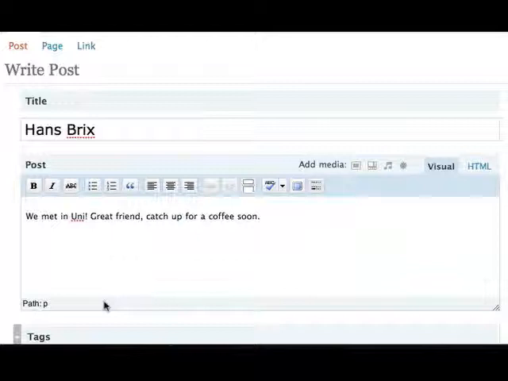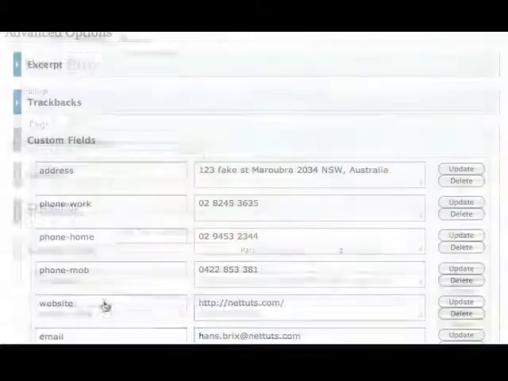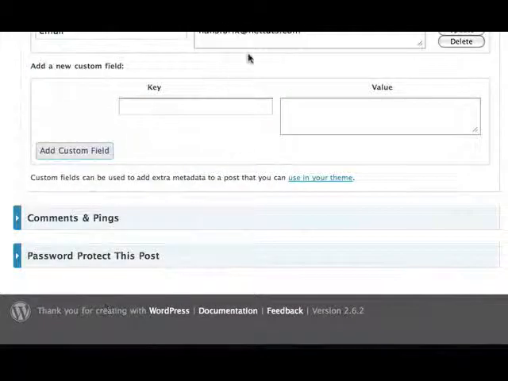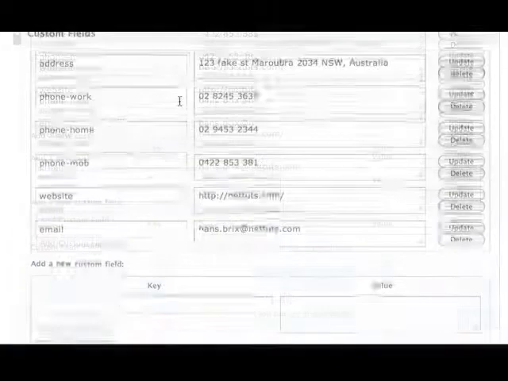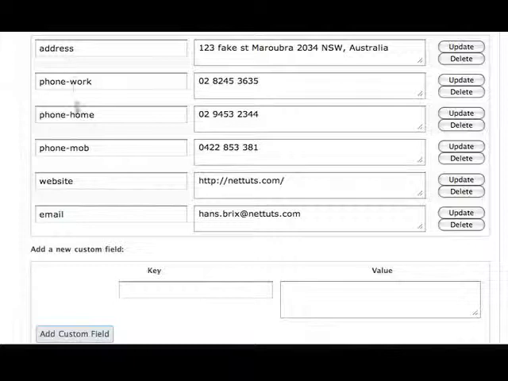The add will be clickable, so the admin can come in and it'll automatically scroll down to here to add the custom field. So with all our custom fields, address, phone work, phone home, phone mobile, website, email,